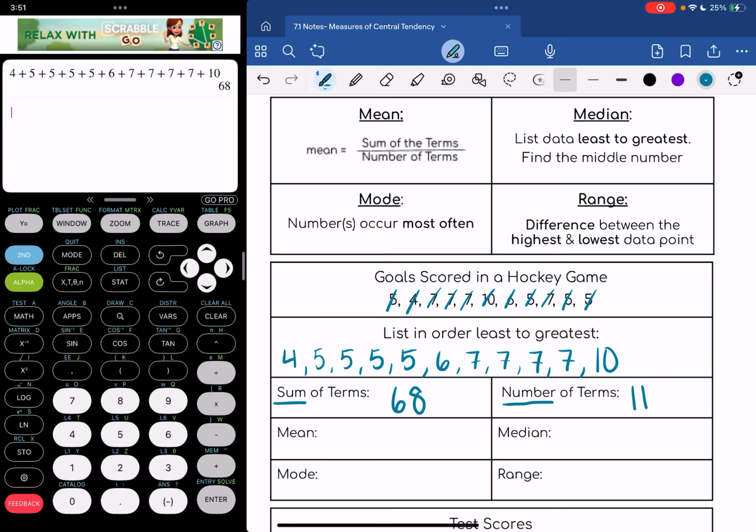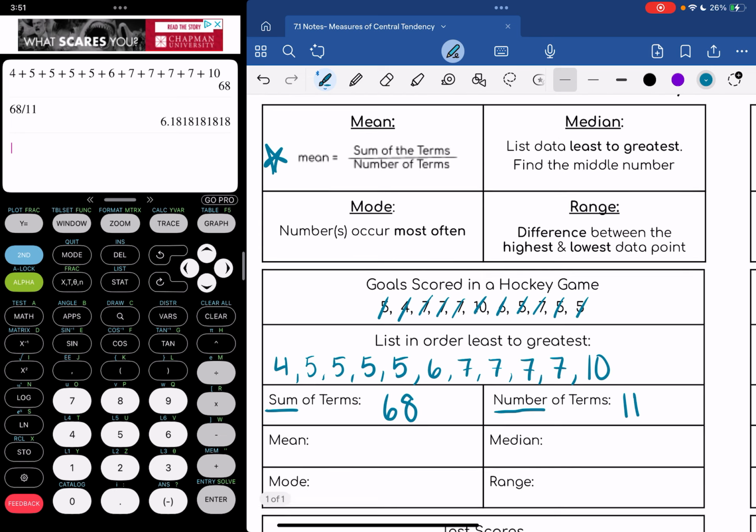Okay, so now we are ready to find our 3 measures of center and our measure of spread. The mean is the sum of all of our terms divided by the number of terms that we have. So 68 divided by 11, and that is 6.1818181818. For our purposes today, and I believe it says this on your assignment too, we are going to round to 2 numbers after the decimal place, the nearest hundredth. So if you need to write down how you got this, 68 divided by 11, you can. And then our answer is